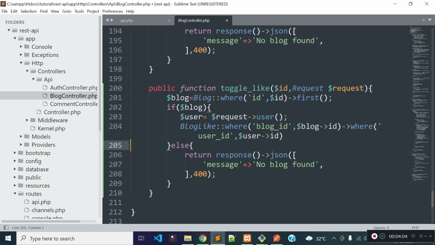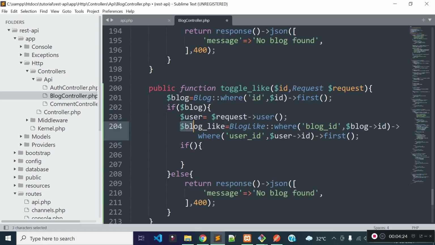And I will grab the first record and store this data in a variable called blog_like. Now I will check if this blog is already liked by this user or not,